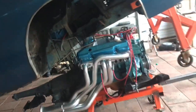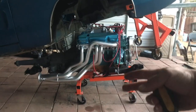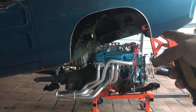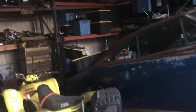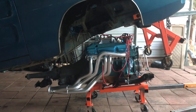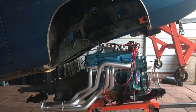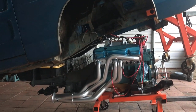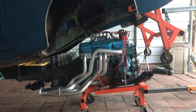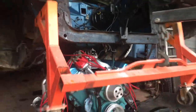All right, so just kind of showing you how high the car is. So if you were pulling the motor and drivetrain out, you get it about this high. The rear valance on the car is about touching the ground, so it's as high as it'll go. And then you just pull the drivetrain out sideways, which it will clear. And if you're putting it in, you would bring the drivetrain in from the side like I did, and then you'd lower the car over the drivetrain down to the